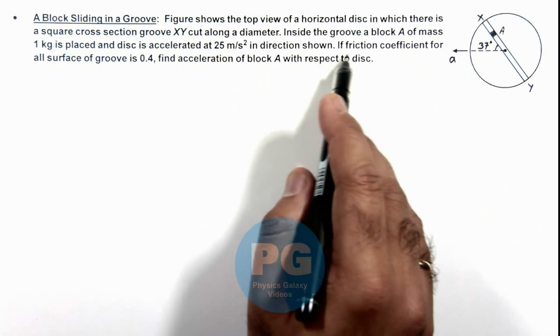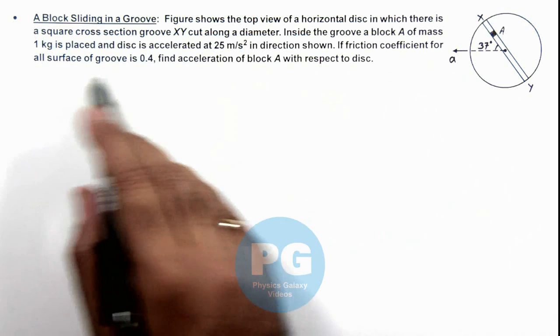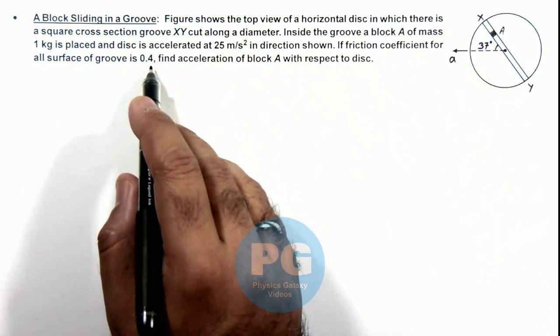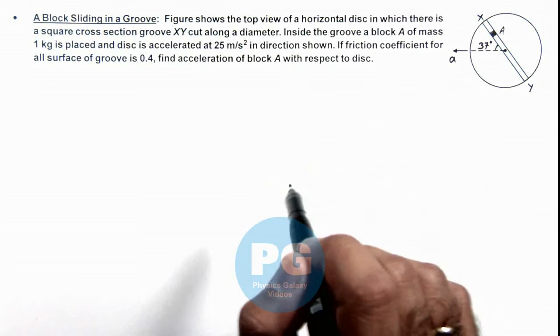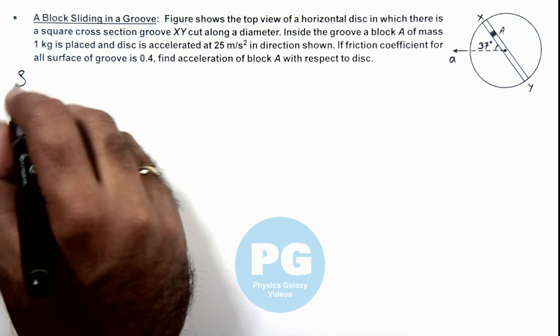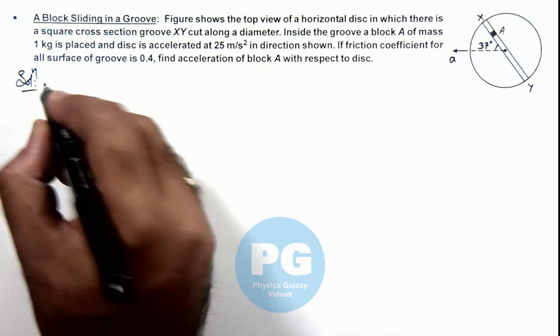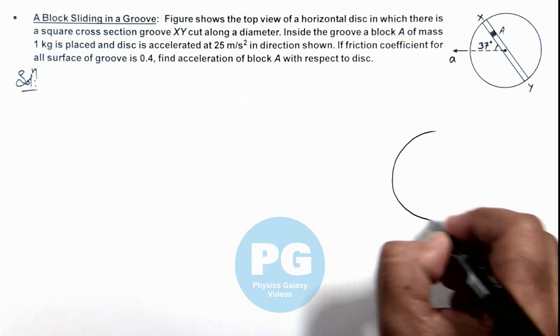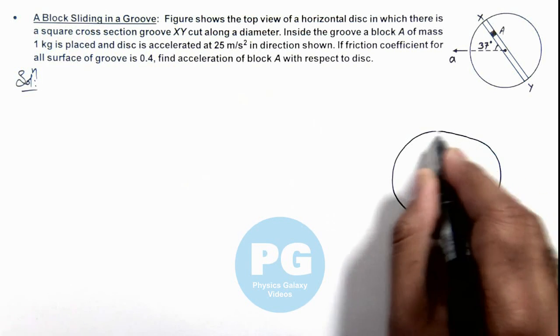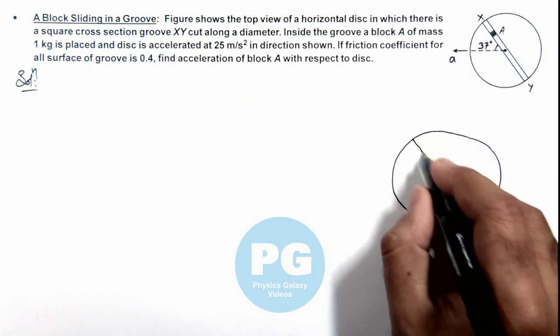It is saying if the friction coefficient for all surfaces of the groove is 0.4, we are required to find the acceleration of block A with respect to the disc. Here, to analyze the situation in the reference frame of the disc, let's draw the forces acting on the block A. Say if this is the groove